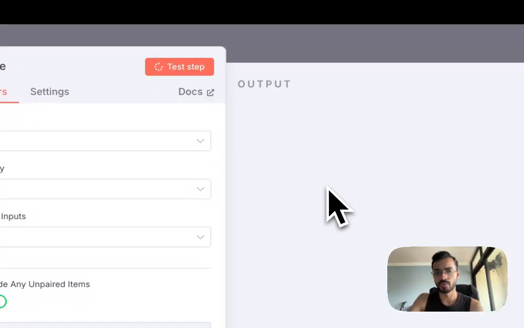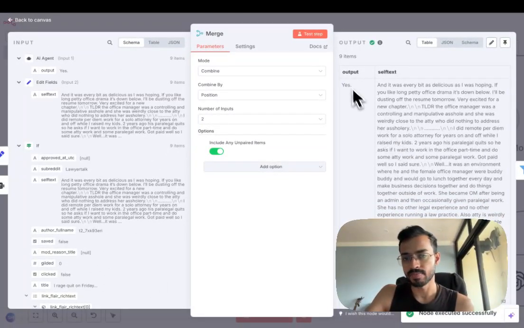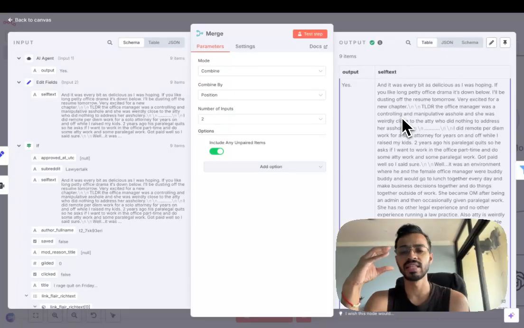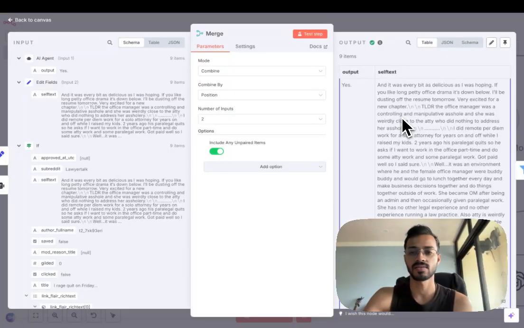I'll show you what the output looks like. It's basically this: the yes and the clean text that came out from the edit fields. It's yes plus the text, right?